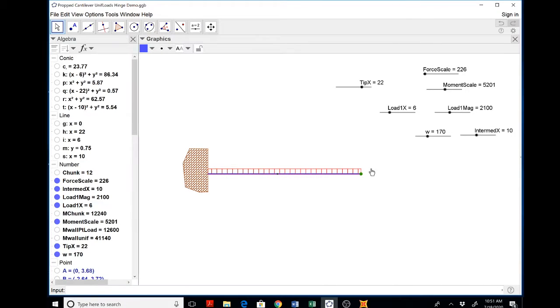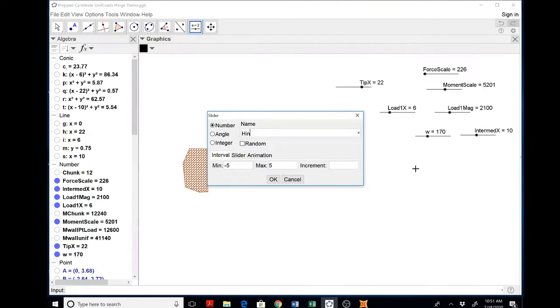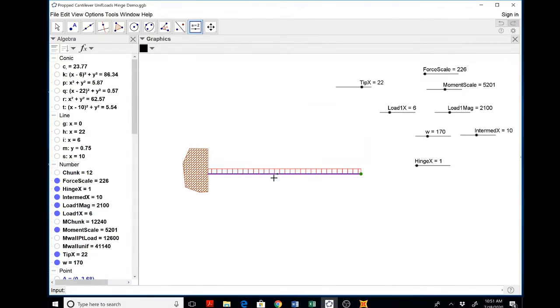So now I need to insert the position of the hinge, so I'm going to call it hinge X spot, and that will go from 0 to tip X as always. And then I will put in the hinge point. Hinge point is hinge X. Again, the hinge X did not have to be capitalized because it's just a number, a scalar, but the point in Cartesian space must have a capital letter. I used capitals on both. So here we have,